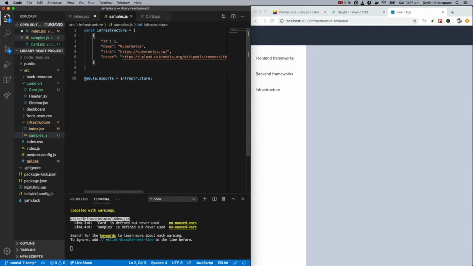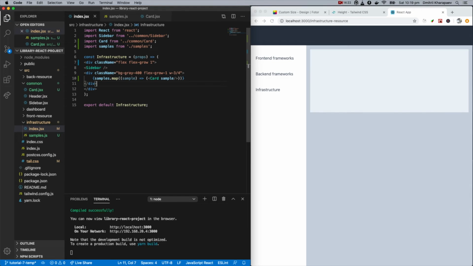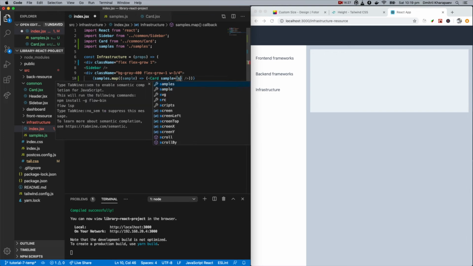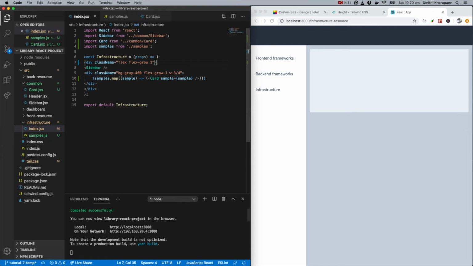And then we're going to pass this object essentially as a sample here. So sample equal to sample, right? Cool. I think in general we're ready to go. So you already can see, guys, we have this ugly piece. This is our new component,